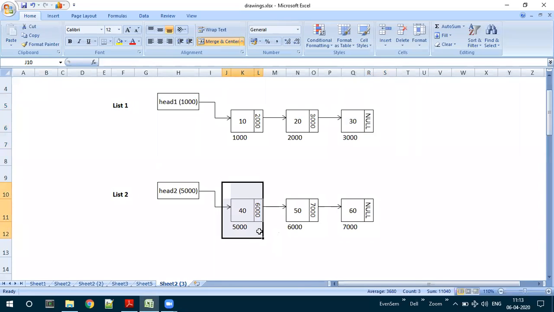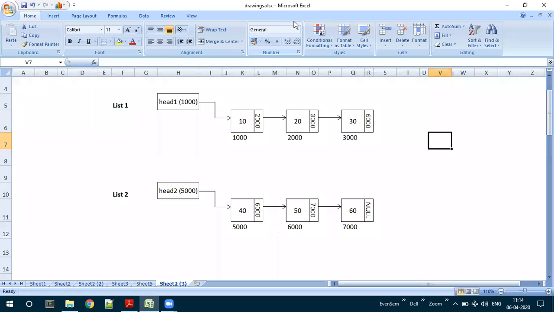Can anyone tell? Memory address 5000 can be linked to the null value of the first list. Yes. What we should do is take the memory address of the first node in the second list. What is the first node? This is the node. What is its memory address? 5000. This 5000 we have to update where? To the null value, that is, to the last node's link value. So here if I write it to be 5000, then what does it indicate? Now the third node of the first list is pointing to the next node.